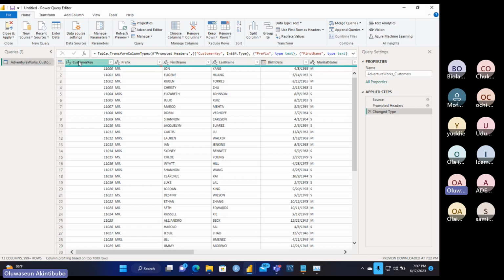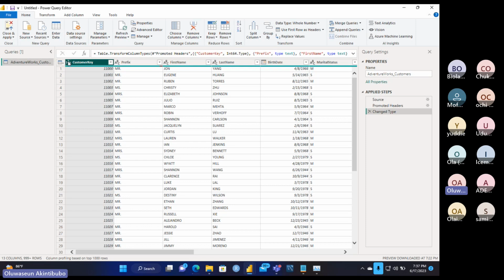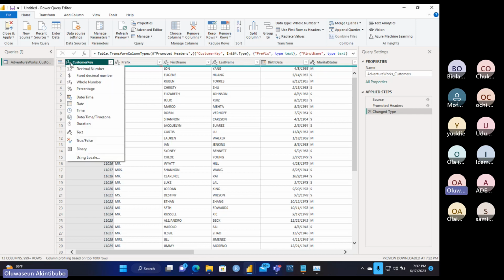But before we do that, we want to make sure that the data types are accurate for each column, right? This column is a numeric column. Are you following me? If you want to see your data type, just click. You can see that each of the columns has a symbol of the data type beside it.